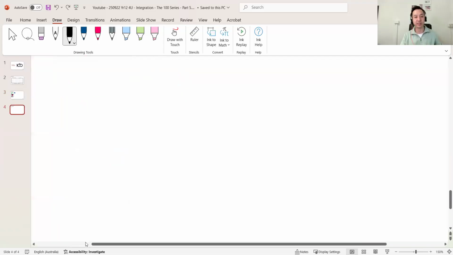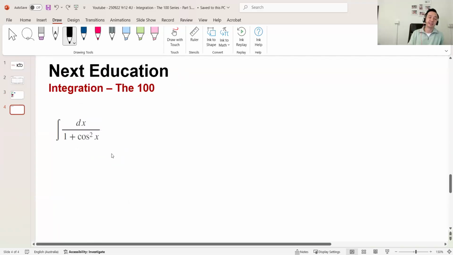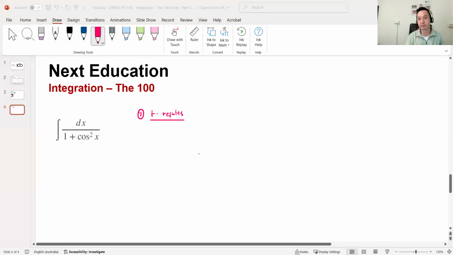from the 100. This one here. Now, this one has less stuff. Even though it looks cleaner, it's probably a little bit harder because in the other one, I had direction. I had the sine double angle on top to begin with. In this one, with 1 plus cos squared, I don't really know what identity to use. So obviously, option 1 is to use t results. Option 1 is to use t results for this one. And it can work. But for this specific example,